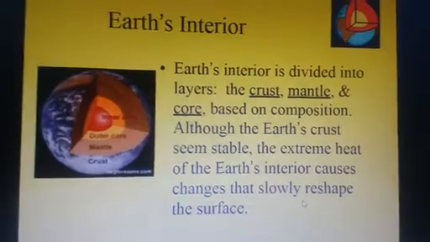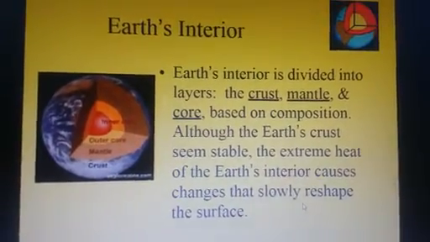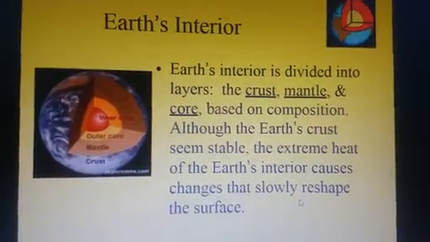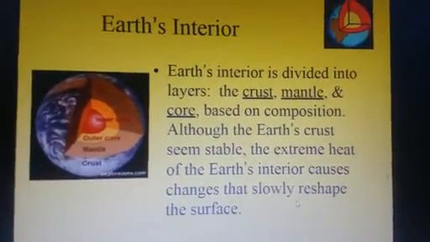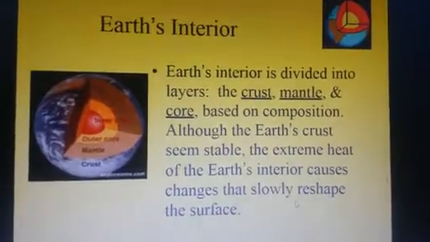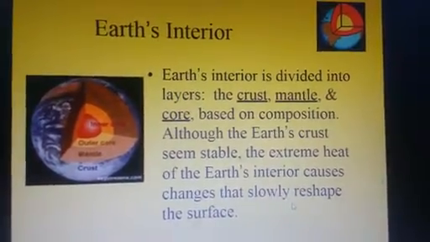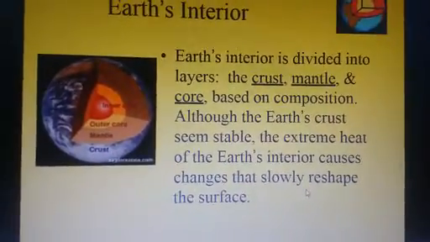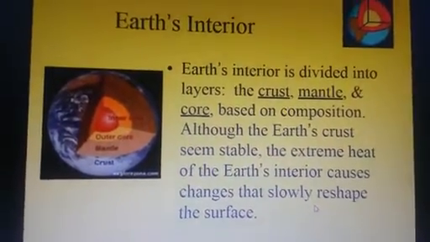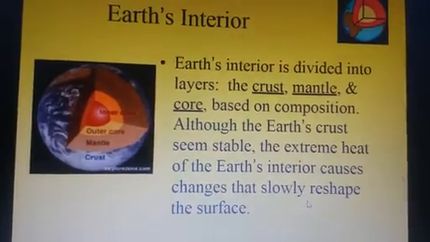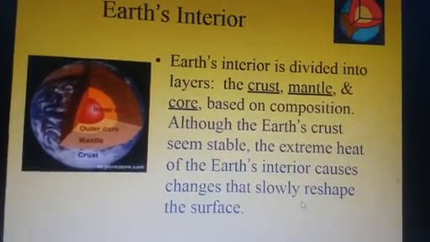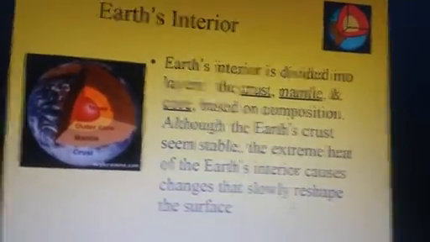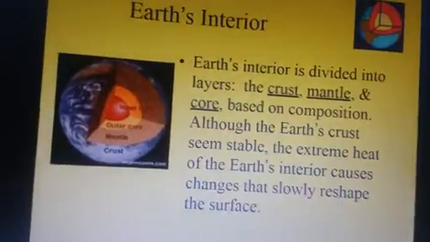Crust is the upper layer, which is solid and located in the asthenosphere layer. So crust is important. We will also discuss the crust and which types of chemicals are found in the crust. The second one is the mantle, and the third one is the core. So our earth divides into 3 layers.